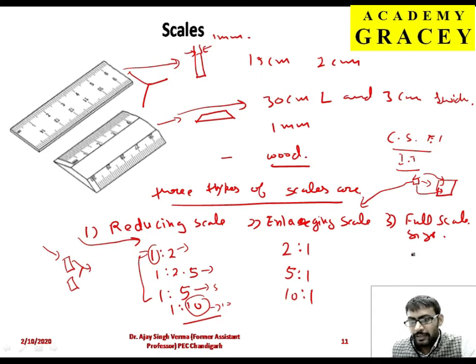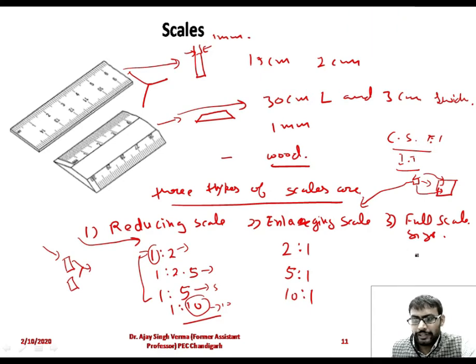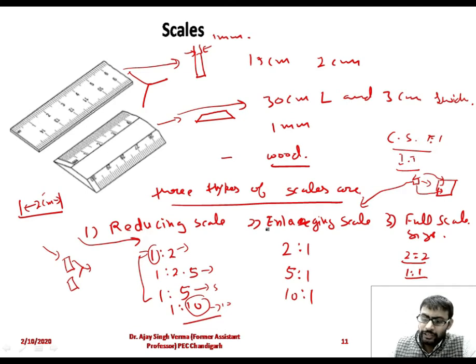Similarly, in full scale, it means no scaling is used here. For example, if a line has a length of 2 centimeter, then the 2 centimeter length in full scale is equal to 2 centimeter. So it means a 1:1 ratio we will use in scaling. These scale problems we will discuss in our coming lectures. This is just a brief introduction about these scales. In the next slide,